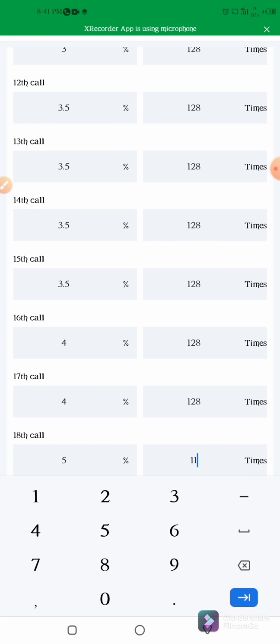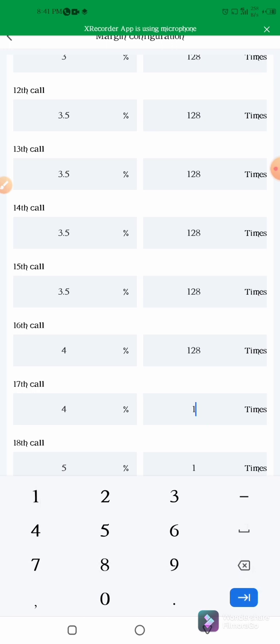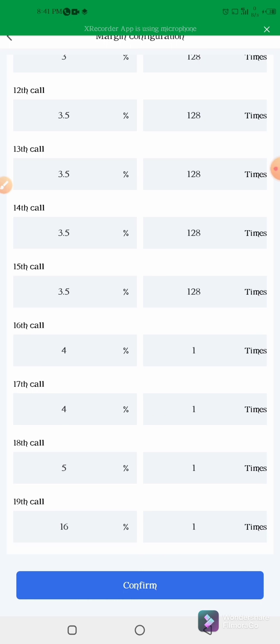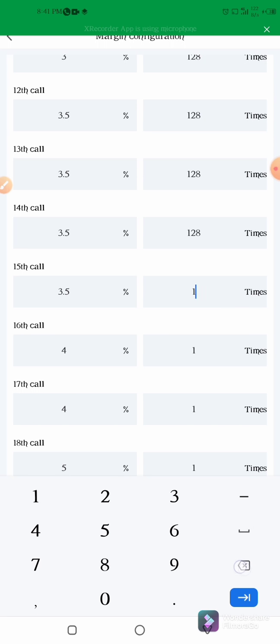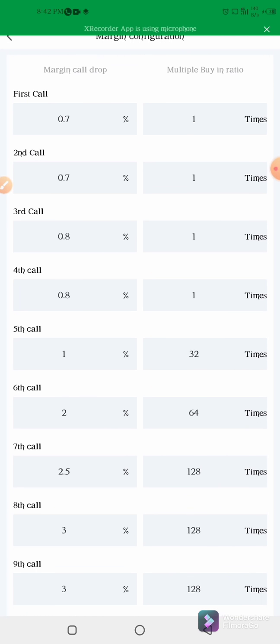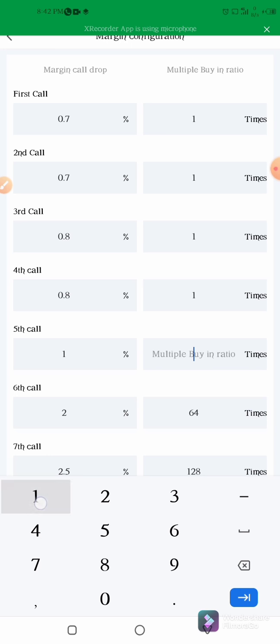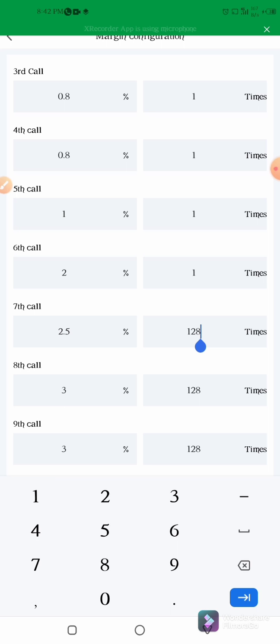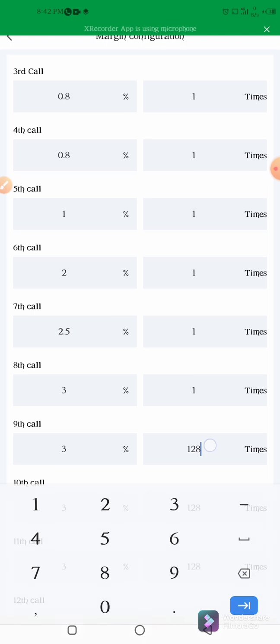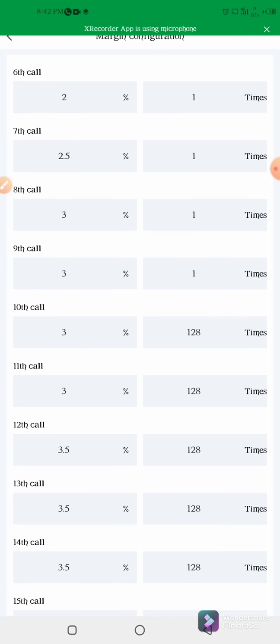1, 1, 1, 1, 1, 1, 1, 1, 1, 1, 2, 3, 4, and then I wanted to buy one time at those levels. Let me move from the top, because from the 1st to the 9th should be 1. The 1st to the 9th should be one time. I wanted to buy one time, and then this is this is this,